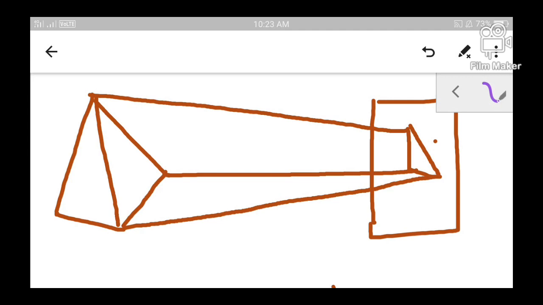But this time, the view plane is kept much farther away from the object. So that depending on the distance of the view plane from the object, the size of the image that appears on the view plane differs.